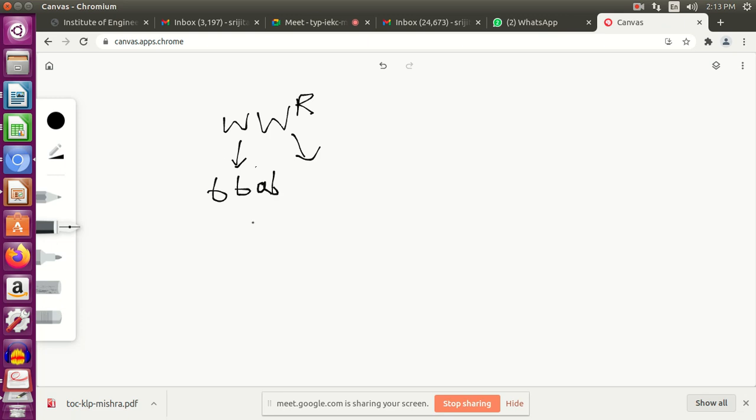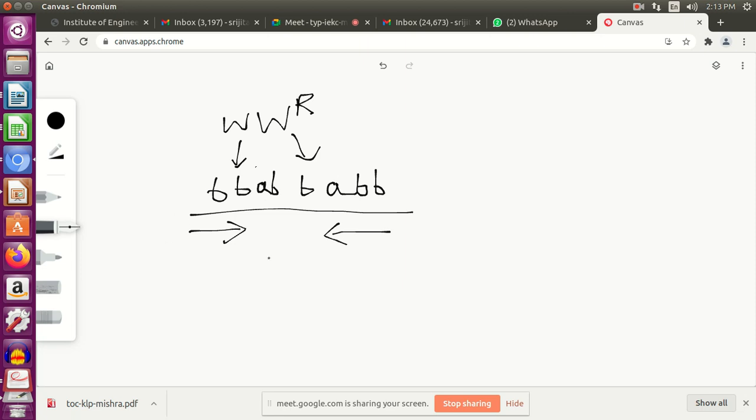Okay, this is w. Now what will be w to the power r? The reverse of this. So what is the reverse of this? Read it in this direction. It will be b a b b. Now if you put the entire thing together and read it, b b a b b a b b, again from this direction if you read and from this direction you read, it's the same thing.